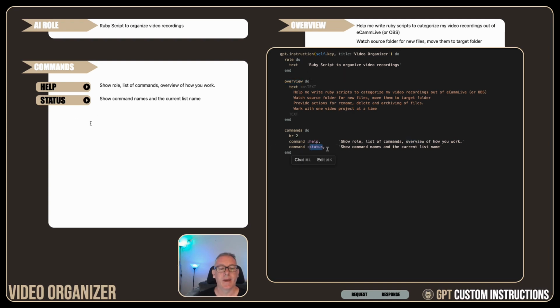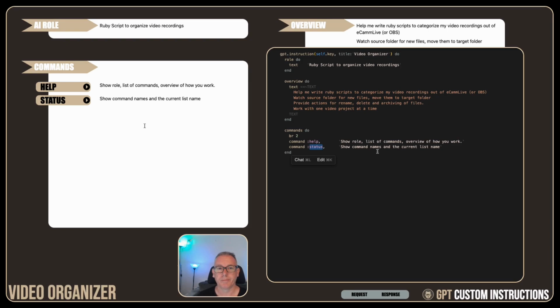The status command is really just a shortened version of the help command. It's something that I like to run after every command. I don't need a detailed review of how this system works. When I need that, I can use help. But from command to command, I do want a memory jogger of what's available, maybe concepts like the current state